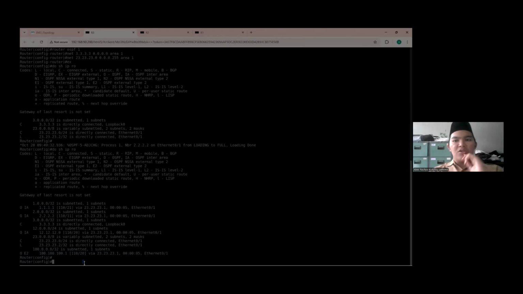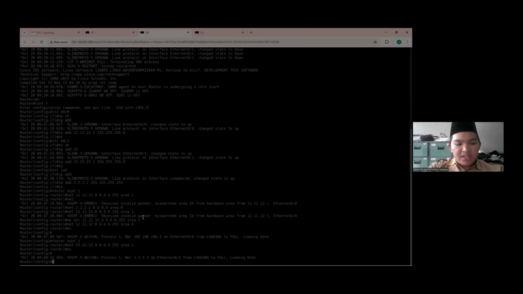So it's not from OSPF, but from another routing protocol, that is EIGRP in this topology. And next, I'm gonna teach you how to make a stub area. Just for information, a stub area is an area in OSPF that will deny LSA type 5 or external routes. So later in here, the external routes will be gone and replaced by a default route. Okay, the configuration is simple.